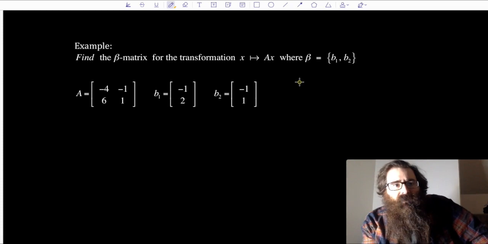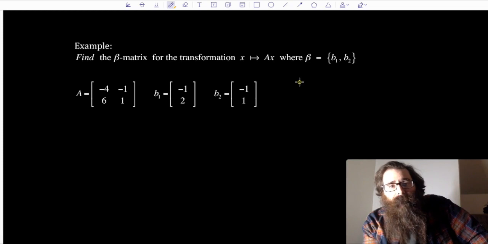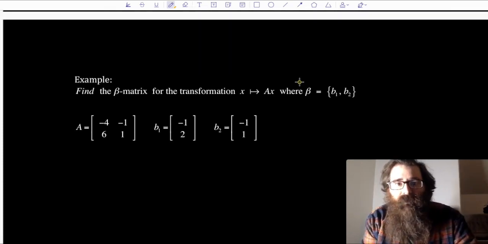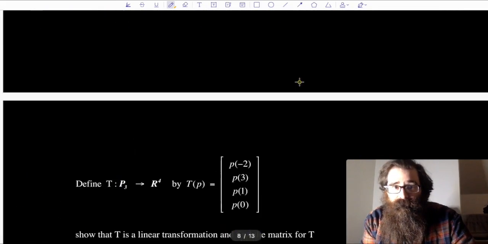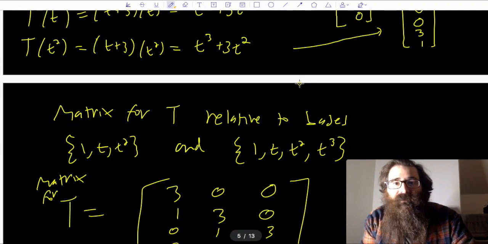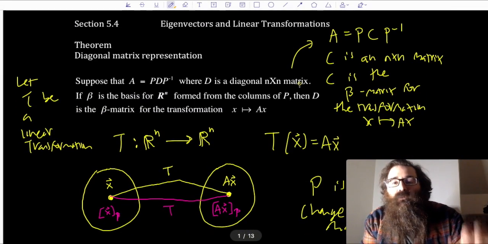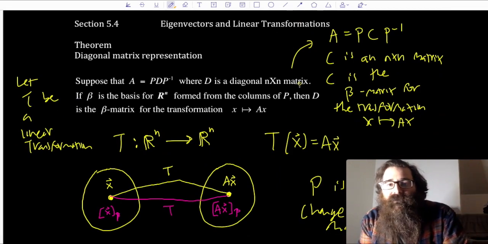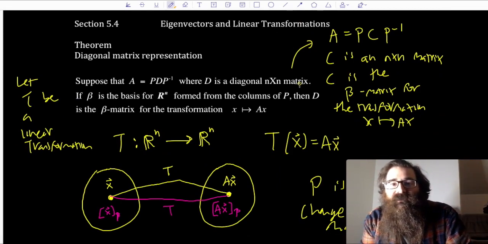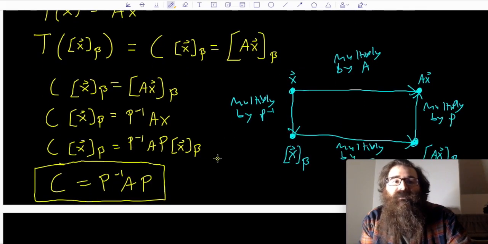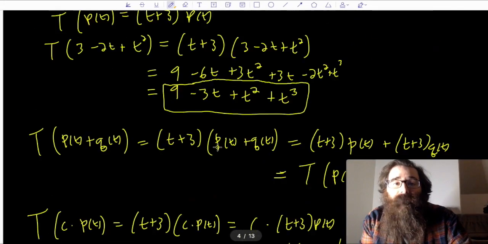I want to find the beta matrix for the transformation x to Ax, where beta is the set made up of vectors b1 and b2. Now, we talked about this at the very beginning. A is equal to PCP inverse. C is an n by n matrix, and the matrix C is the beta matrix for the transformation x to Ax. We actually solved for C directly too. We said C is P inverse times A times P. So with that in mind,